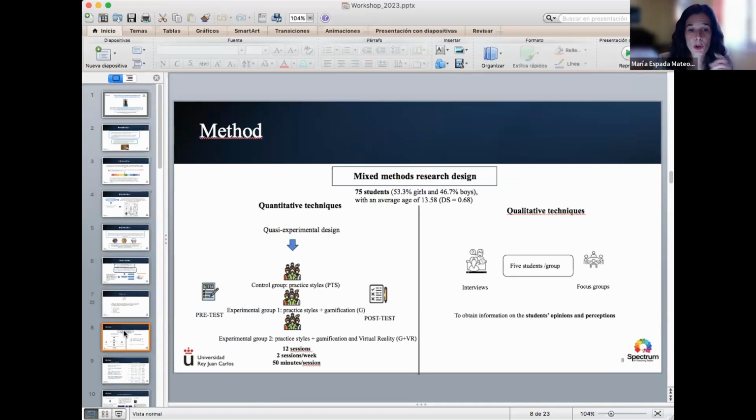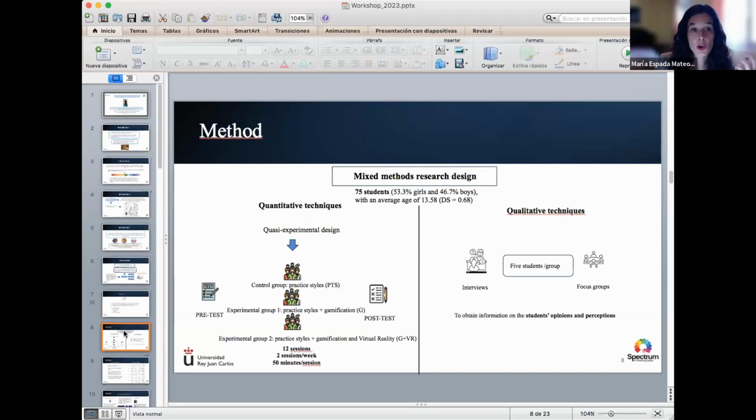The sample was a total of 75 students, and participants were placed into 3 different classrooms. A different teaching method was randomly allocated to each class group. We have 3 groups.